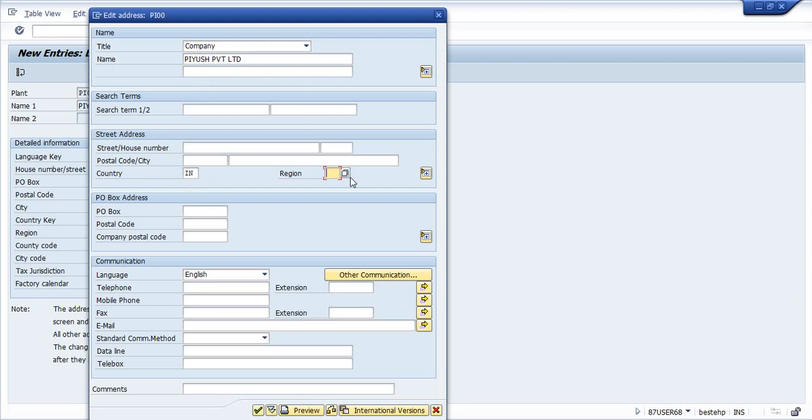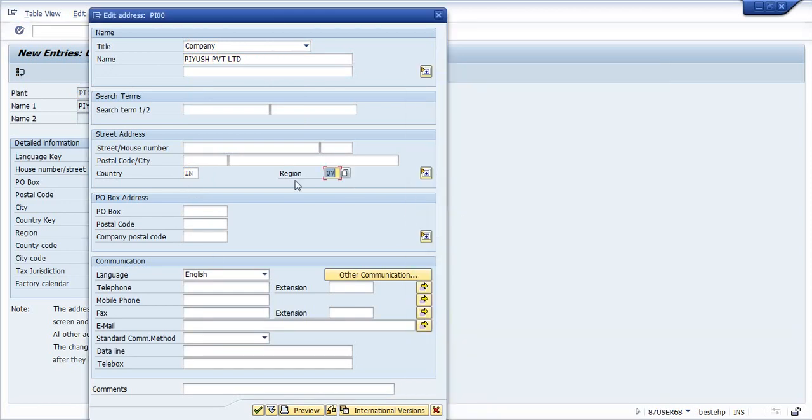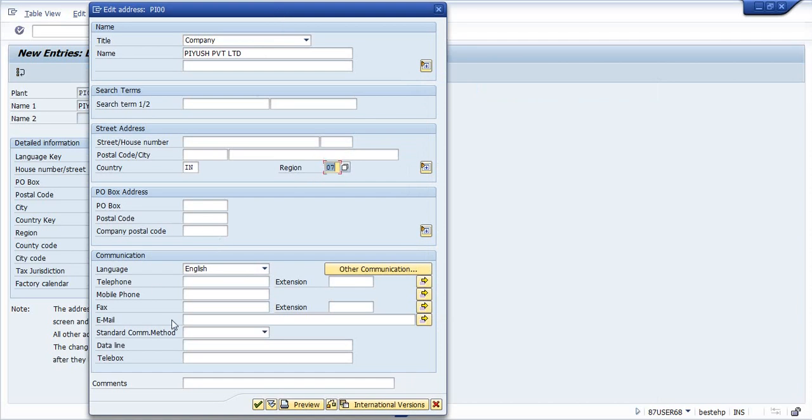Country is IN, region is Haryana. I am not going to input all the parameters required for the company address or details. I am just inputting the mandatory parameters like country and region. But in your actual scenario you have to input all the parameters required by the company. You have to fill up all these fields.